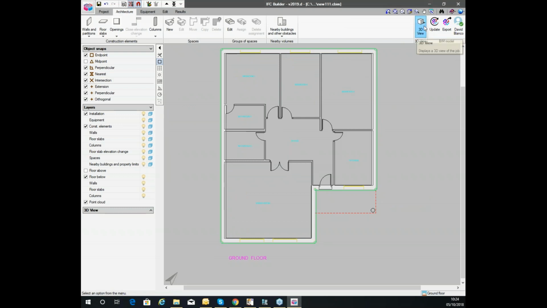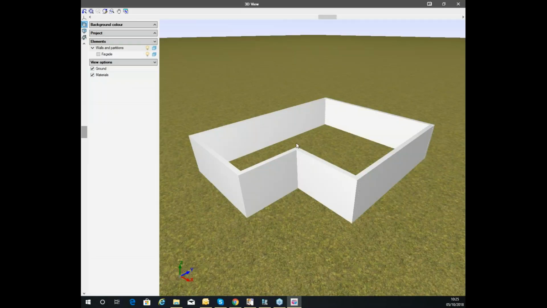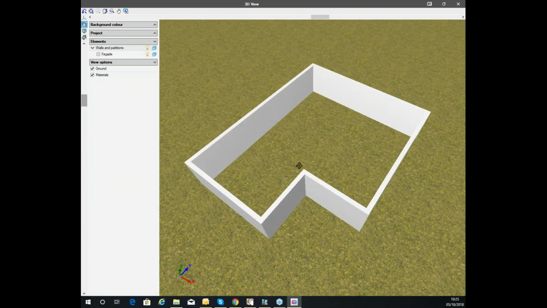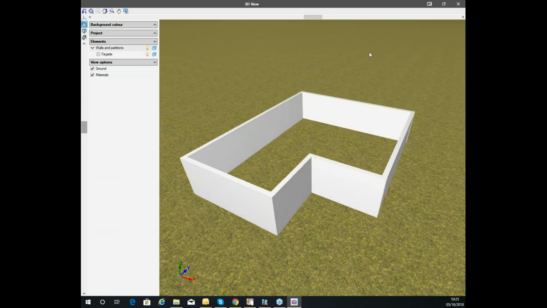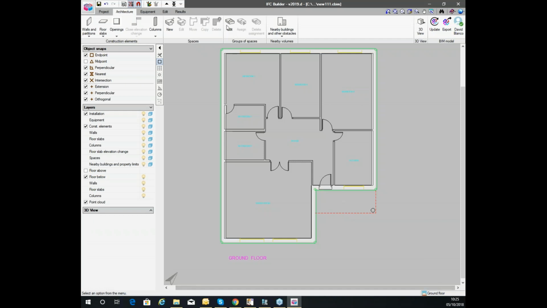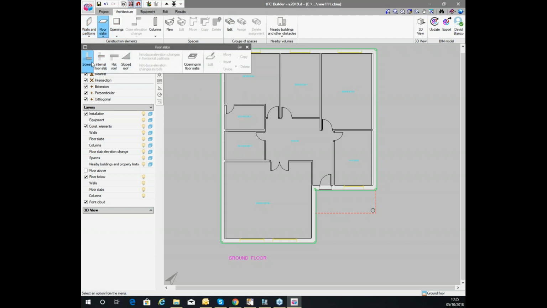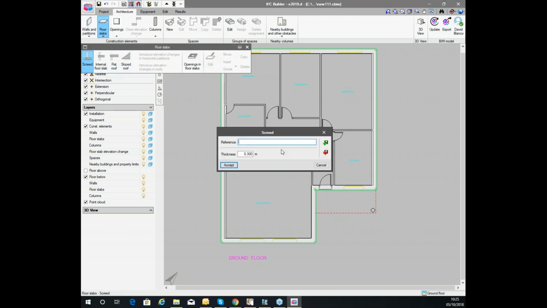Once you introduce elements, you can consult the 3D view, and I'm going to show you here, this is the 3D view. The idea is to work floor by floor, group by group, and the target is to raise the building in 3D. As you can see here, we are in the ground floor. We can move up or down floor by floor, or directly to a group, and you can manage your elements here, introducing them floor by floor or group by group, raising the building in 3D. For example, a floor slab, an internal floor slab, or a screed, or a slab on ground floor,